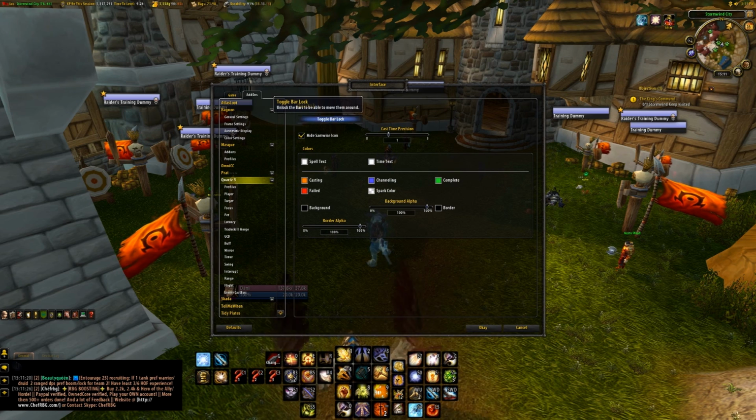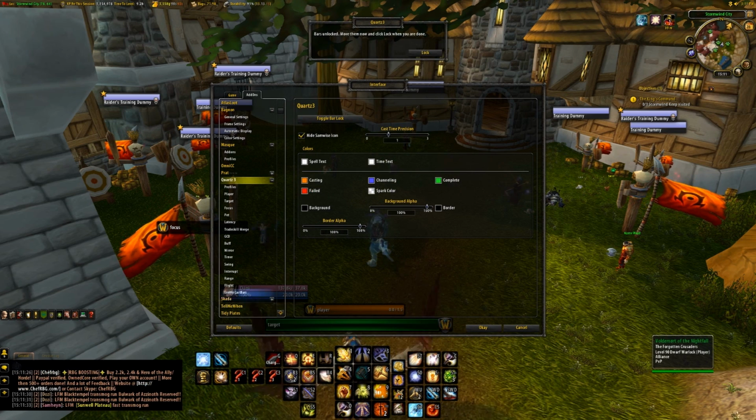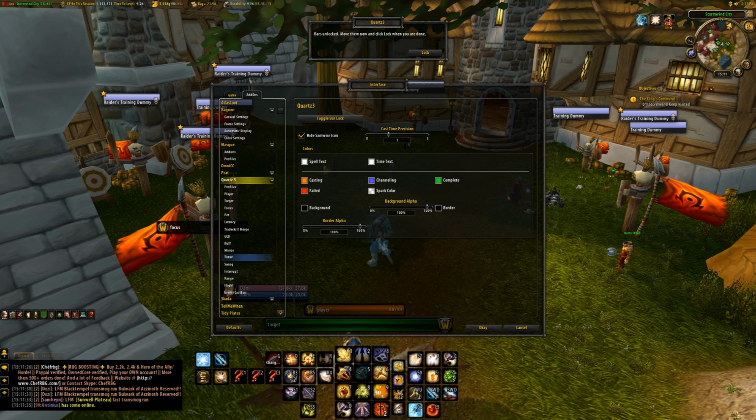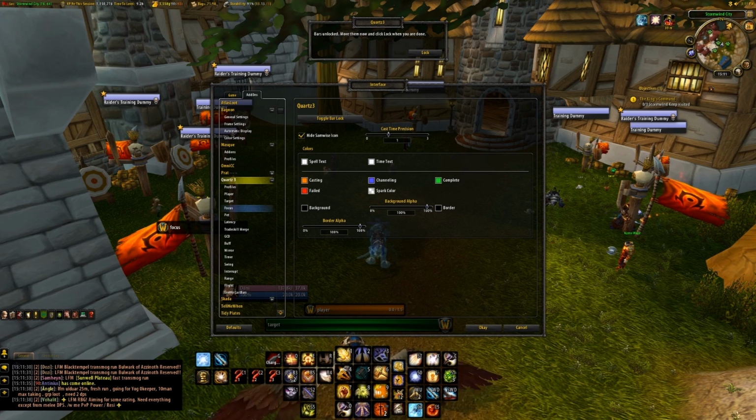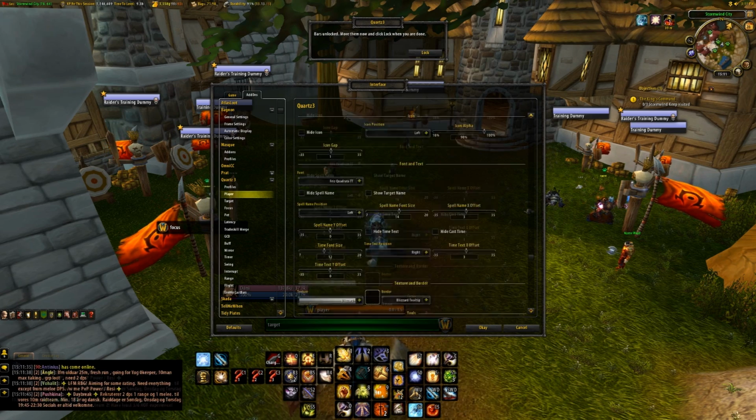Just go onto that, click toggle bar lock. It'll bring down the ones that you want to use. It'll have like pet target, etc. And you just go on to, say for example, I don't want the player one. I just click on,